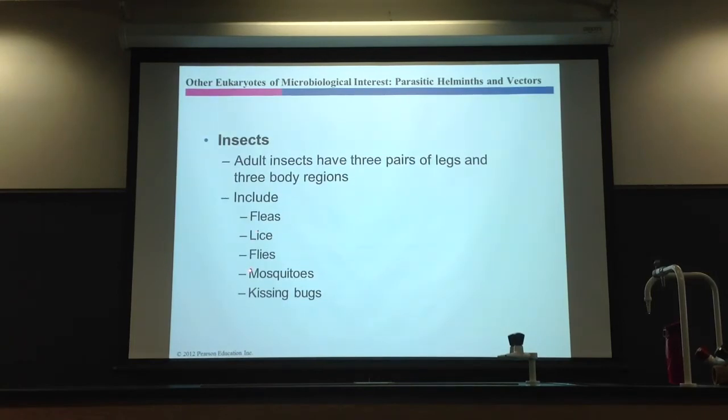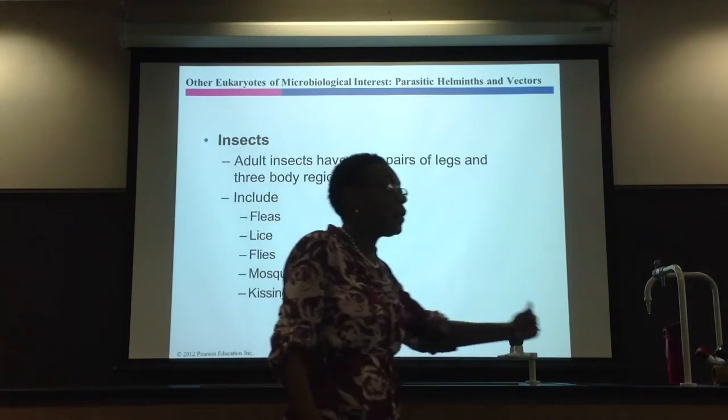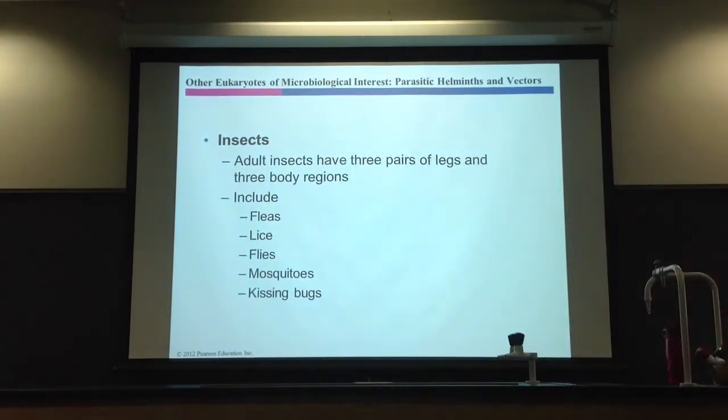Let's quickly talk about mosquitoes. Mosquitoes are probably the most important arthropod vector, period. Because mosquitoes have wings, right, which means they can go a long distance, and they bite you. And many mosquitoes harbor viruses or protozoans. So mosquitoes are the most important biological arthropod vector, even more so than the ticks.